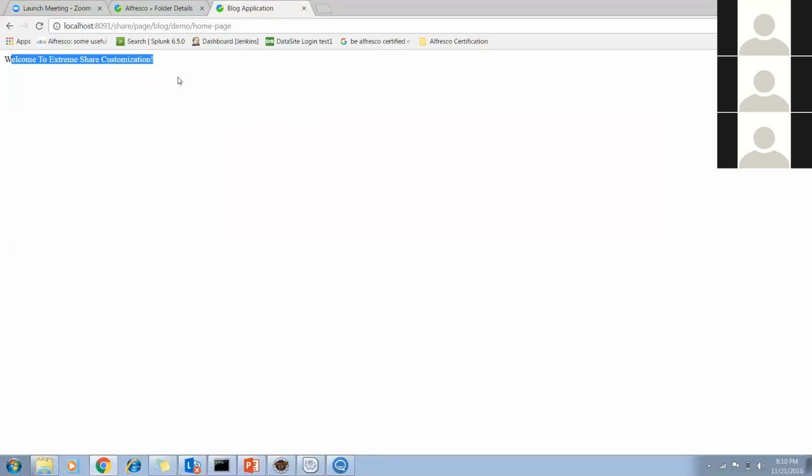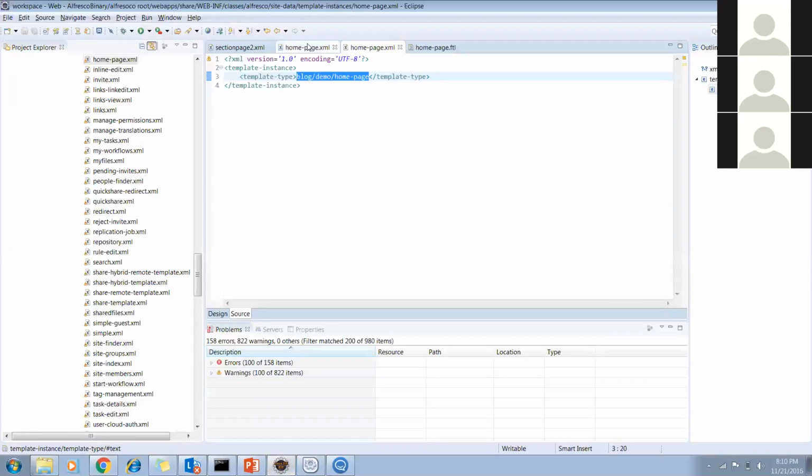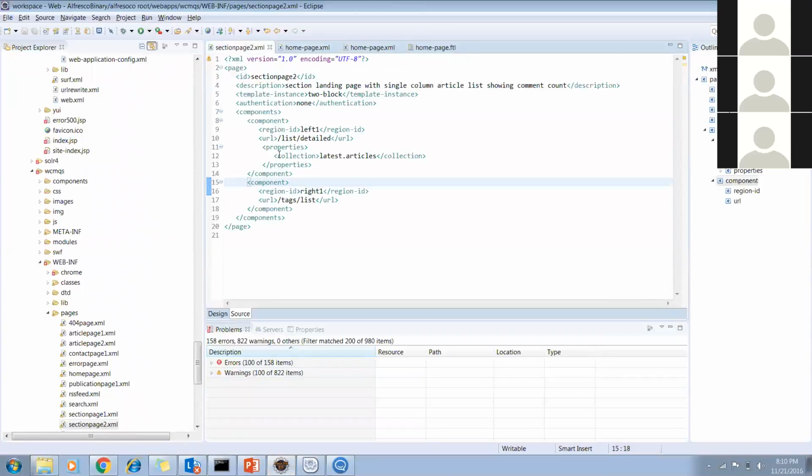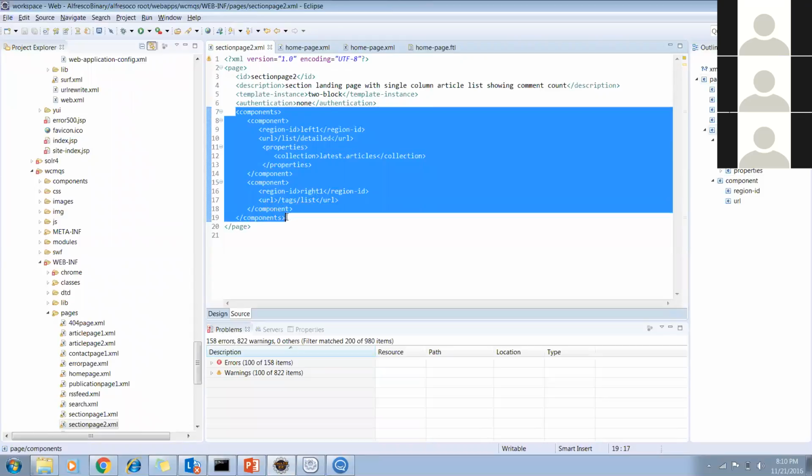So like this, I will try to move each and every day. Okay, you understand about the page. Then what is the region? What is the component? I've shown you the component in the last example. They are used for the template, but that is a little bit deeper, so once we go to the deep dive, I think I will take it in tomorrow's session.